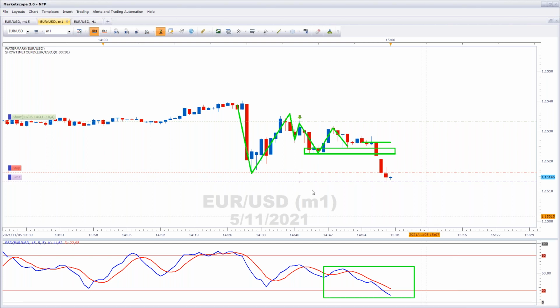Got 30 seconds left here. Take a look at that stochastic. It's really weak at the moment, which is good for us. We've got 7 seconds. We'll get the next candlestick.